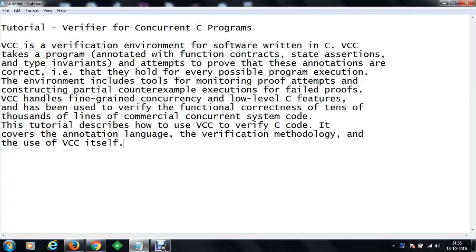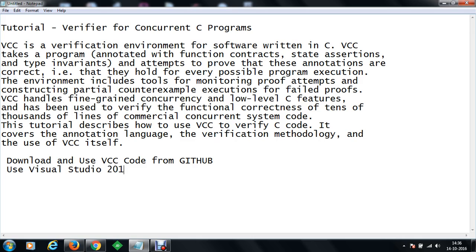In this project tutorial, we are going to download and use VCC code from GitHub. We are going to use Visual Studio 2015 with F# features. We are going to compile and build our VCC project. We are going to use vcc.exe.